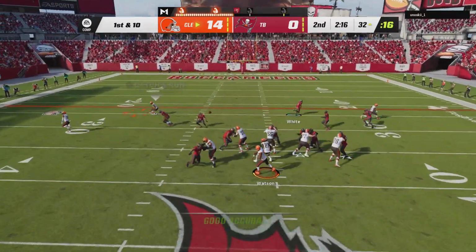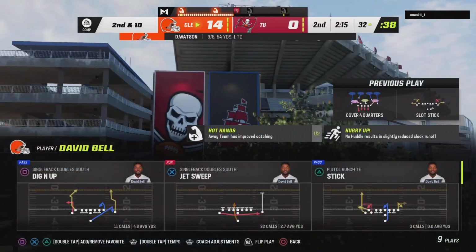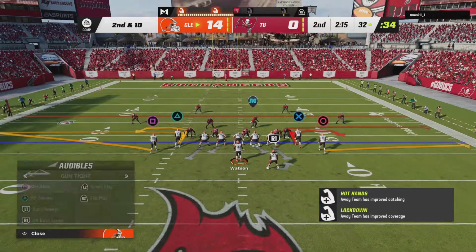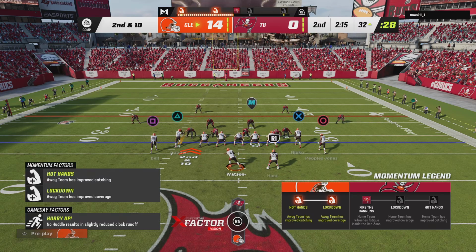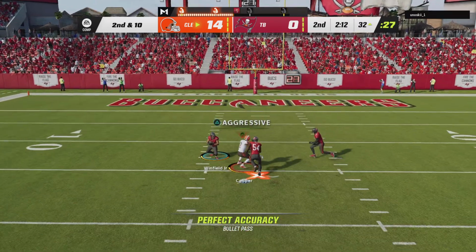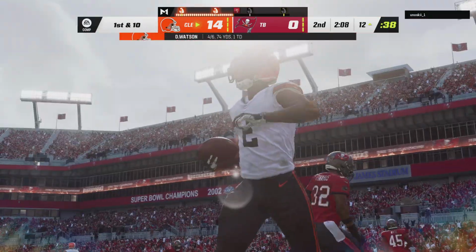Now Watson. The quick throw knocked away. It's incomplete. They had their backs up against the wall a little bit, and they come through by forcing an incompletion. Now they've got to continue to ratchet up the intensity a couple of more times and get off the field before giving up any more yardage. On 2nd and 10, Watson. He's got his receiver, Cooper. And this is going to lead to another